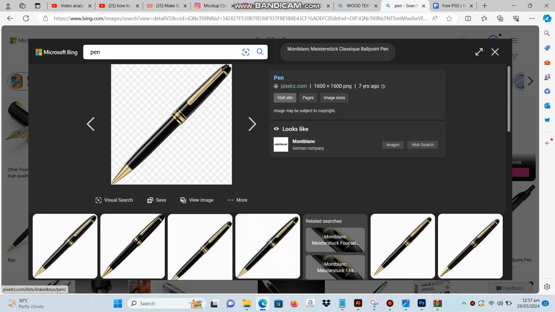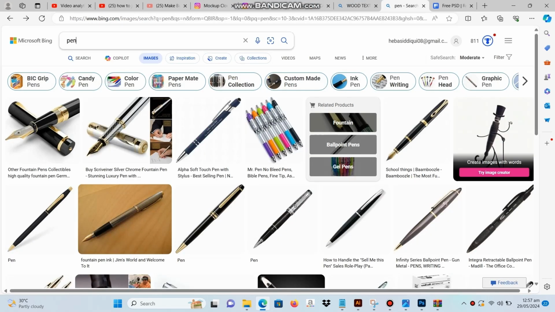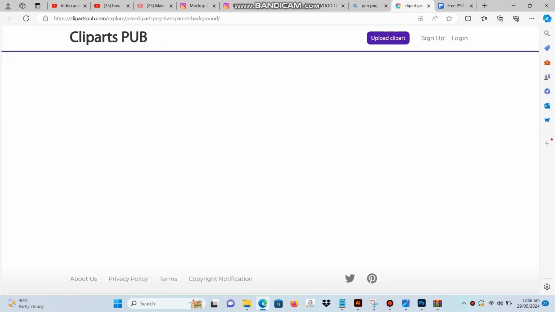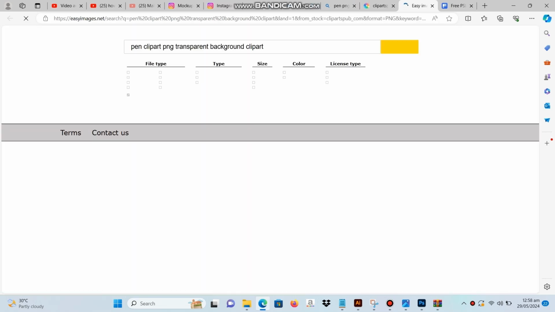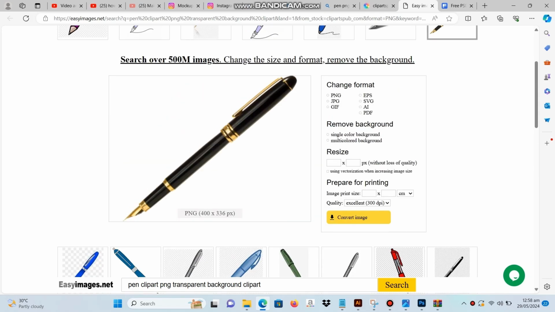I'm going to add some elements related to the corporate world. You could add anything, a pen, a box. So here I'm going to take a PNG of a professional, premium pen.